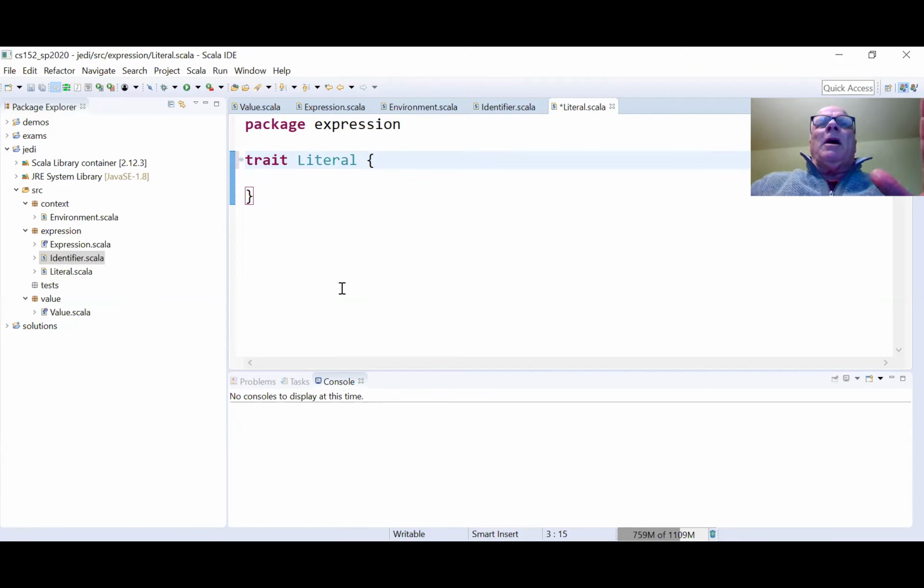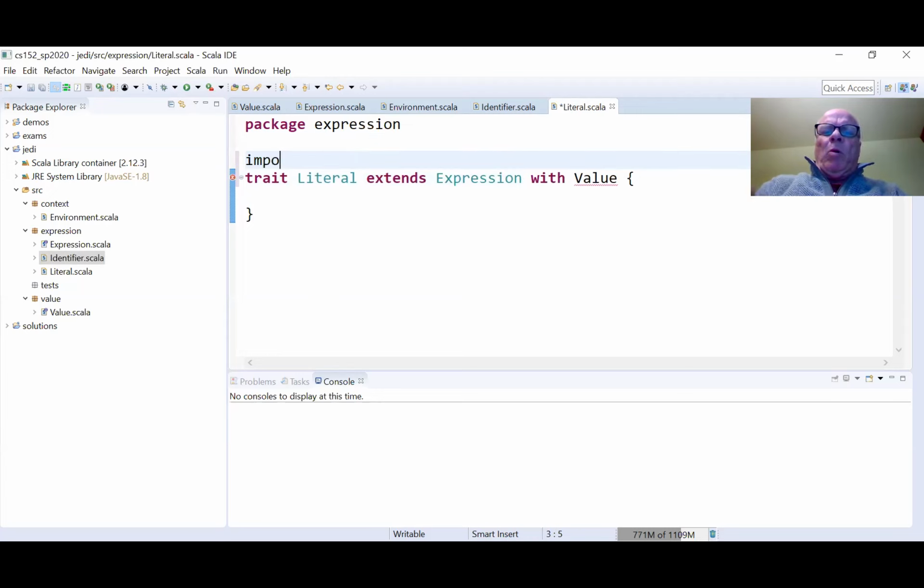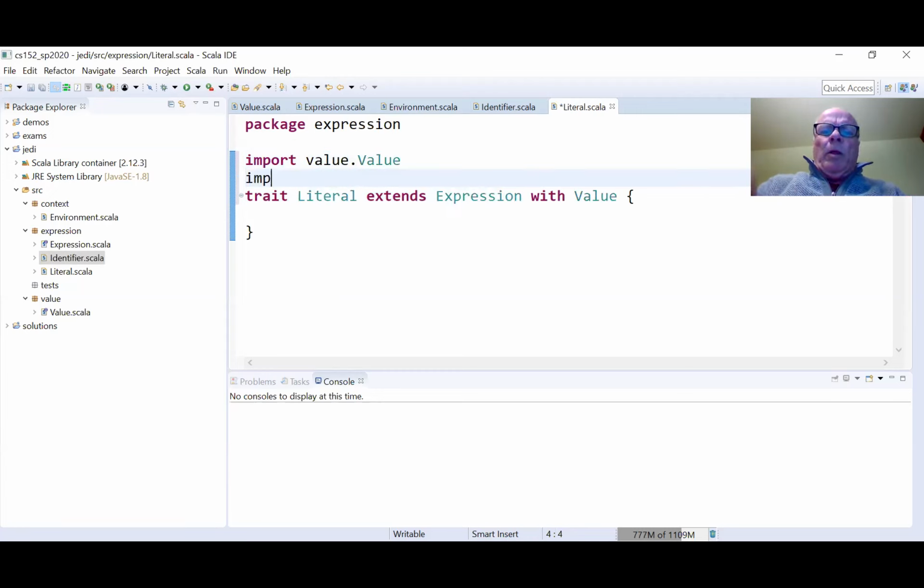Okay, so now according to the class diagram, literal extends trait, extends expression. It also extends value, so we have to write with value here. We're going to import value. We will import expression.